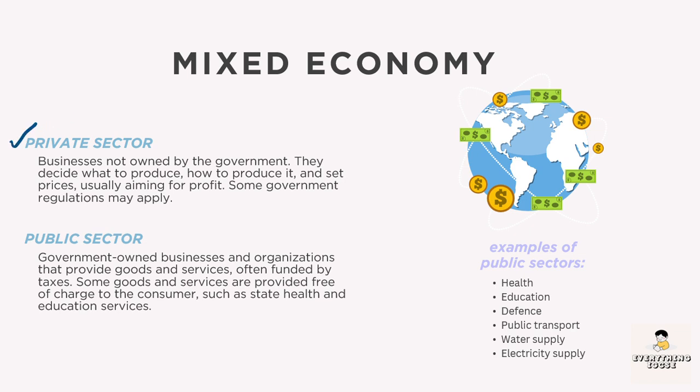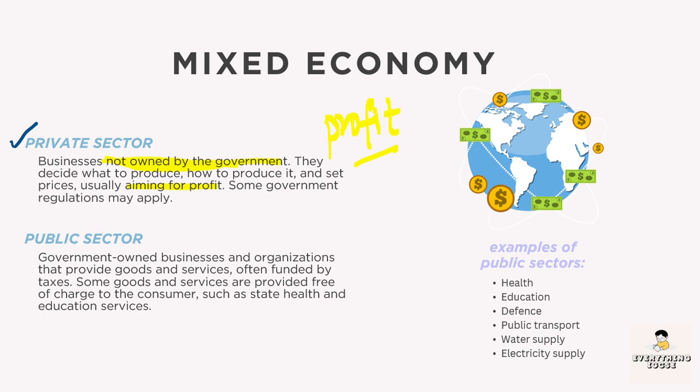So when we look at private sectors, these are businesses which are not owned by the government, okay? They are not owned by the government. They decide what to produce, how to produce it, and set prices, usually aiming for profit. Some government regulations may apply though, okay? So private sector is solely for profit. They work for profit and for more money, and they can decide what to produce, why they're producing it, how they produce it, and how much they price the